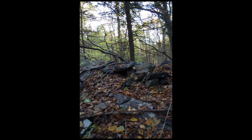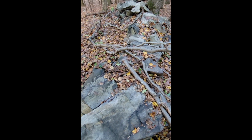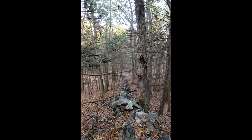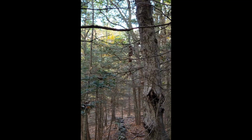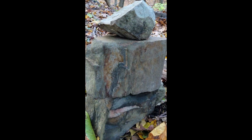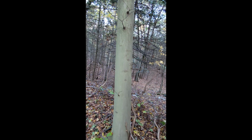Now, whether or not these were built a long time ago or fairly recently, that's for someone else to judge. But placing stones on top of one another seems like a common practice for people who just enjoy nature and go out in the woods and see a pile of stones and put them together and make a little stone pile. So we're not claiming that this is evidence of Native American stonework, but it is curious that this is right next to this wonderful birch tree that you can see right here. Very interesting how,